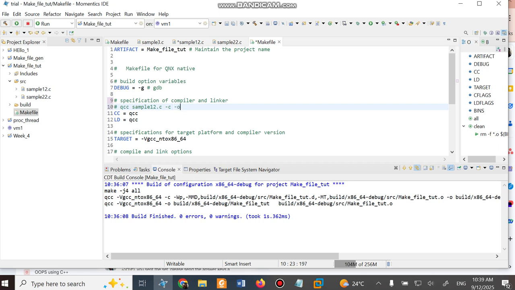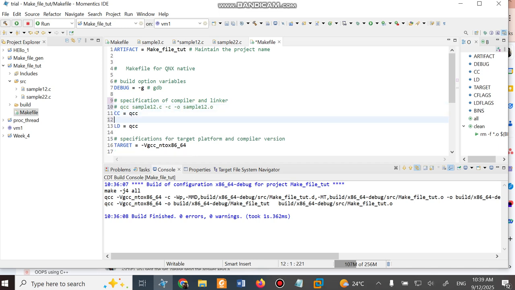Then comes -o. Along with that you say what the executable file should be. The first line says like this, and the second line says QCC sample1.o, you link it with sample1. So the output file is sample1. You link the .o to the executable file sample1.